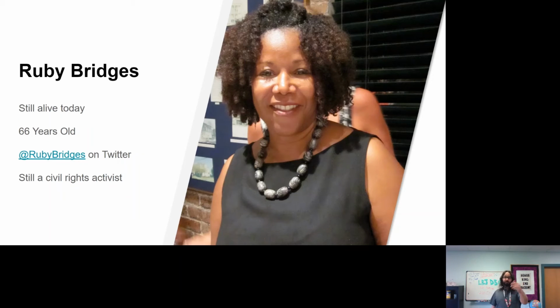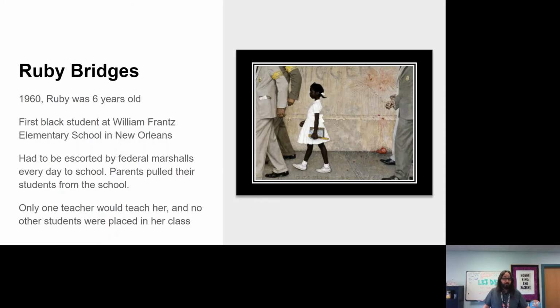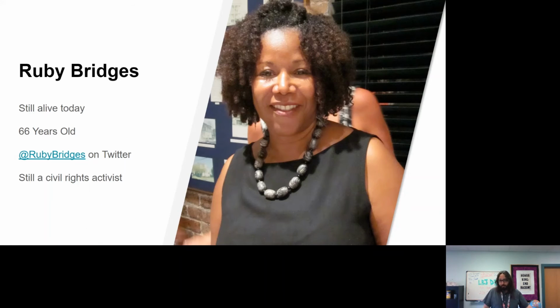And this is Ruby Bridges. I mean, not today, but this is a picture from her Twitter account. So not too long ago. She does have a Twitter account. You can find her at Ruby Bridges on Twitter. And she's still doing civil rights activist stuff. So remember when I said this isn't that long ago, and the history we're talking about is basically modern day? Here you go. This is her during the time period we're talking about. A painting, not a photograph, obviously. This is her today. You can go on Twitter and say, we learned about you in class today.